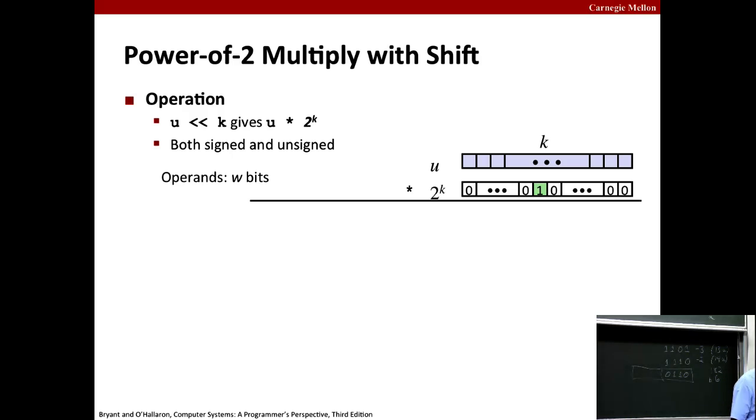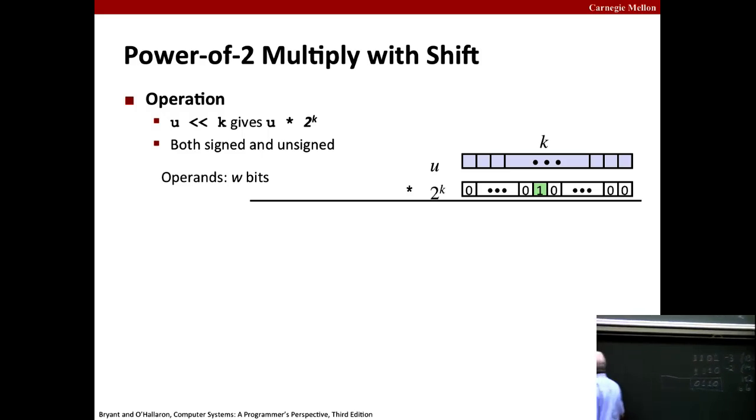So as I was talking about, there's a trick we can do for multiplying by a power of 2, which is just to shift the number to the left. And you'll often see that when you have in your code, I want to multiply some number by 4, you'll write that in your C code. If you look at the assembly code, you'll see that what the compiler generated just says, oh, just shift it left by 2. So in general, and you could see why this is true, by the way,